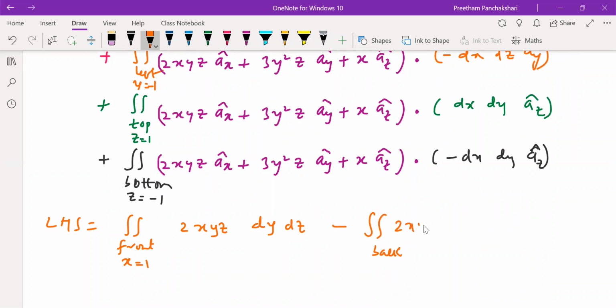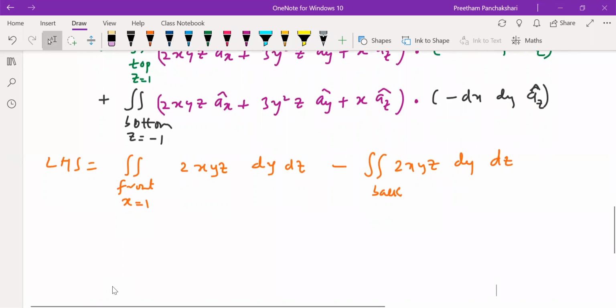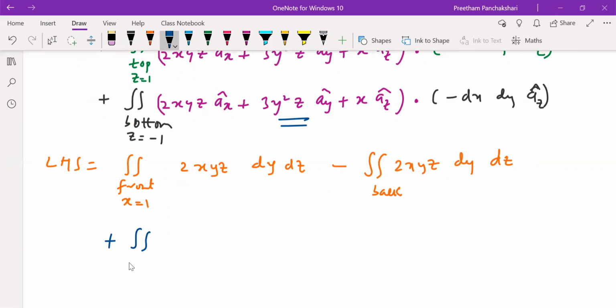That is 2xyz dy into dz. Similarly, for the left face and right face, only y component will be present in the second integral. We can easily write without saying, left face will be containing 3y square z